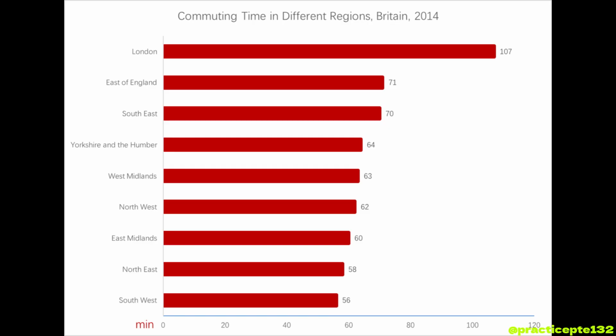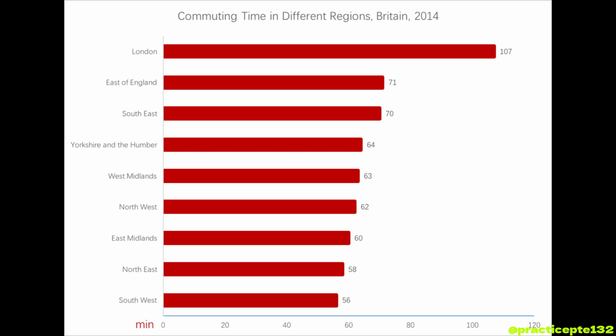The following graph gives information about commuting time in different regions in Britain, 2014. The items include London, Yorkshire, South East, North West, and South West. According to this graph, in London, the value of the commuting time is around 107 minutes, which is the highest